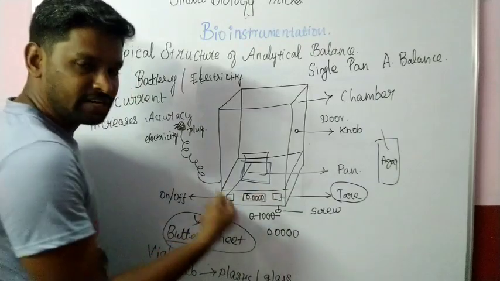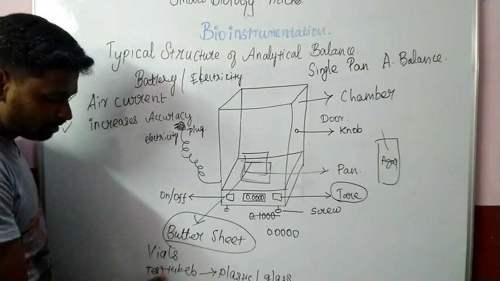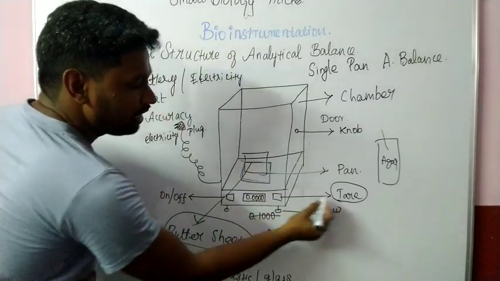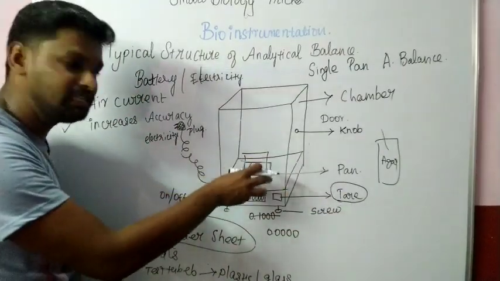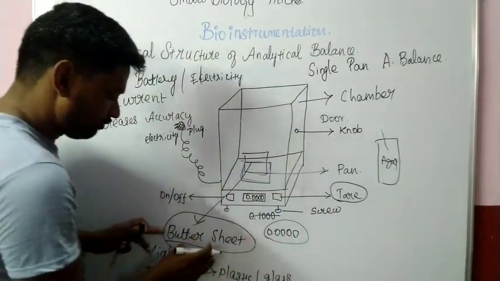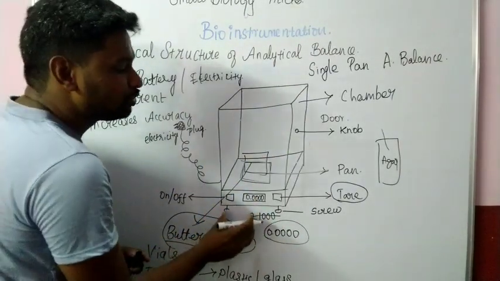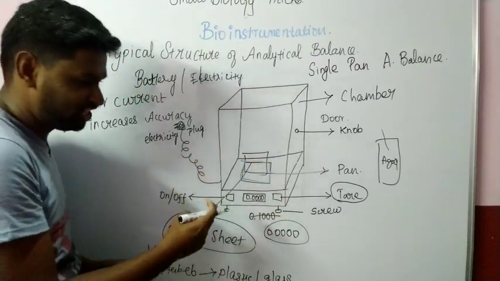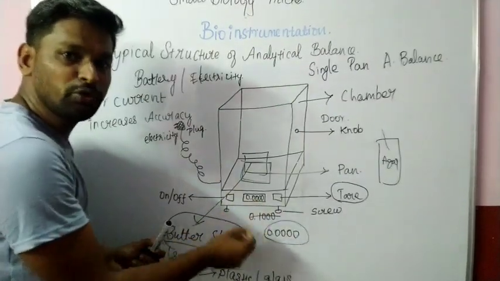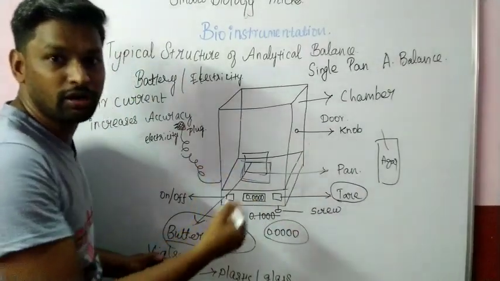So for subtracting the weight of the object which is used for measuring the unknown mass, you use the tare button. If you hit the tare button after placing the object, again the value will become 0. The same, if you are keeping a butter sheet, the butter sheet weight will be measured by this instrument. So you need to reduce the weight of the butter sheet. So you have to hit the tare button. So the instrument will show you 0 value. After you see the 0 value, then only you are allowed to add the chemical.